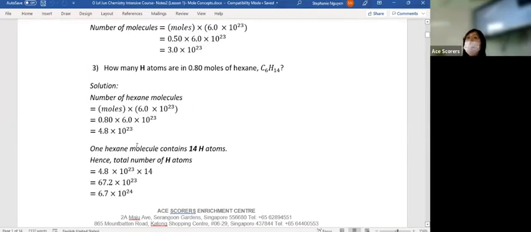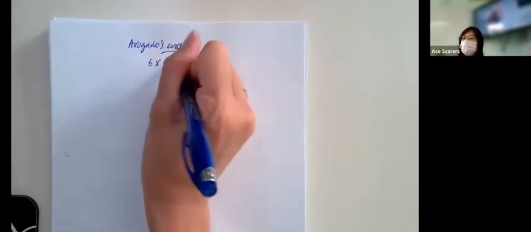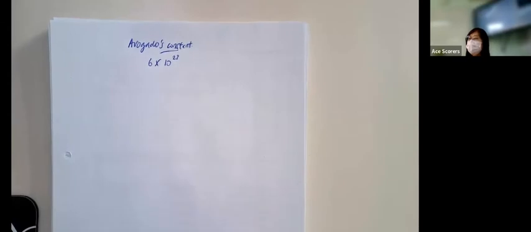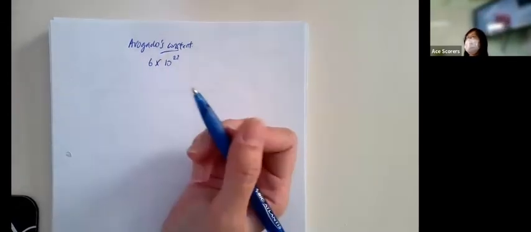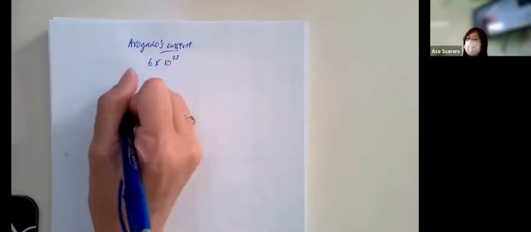For the Avogadro constant, you need to know it because it's in your syllabus. So let's talk about this Avogadro constant. This one has a special number of 6 times 10 to the power 23. So how do we use this number? Now let's see if I have